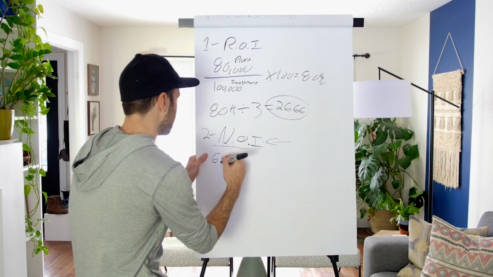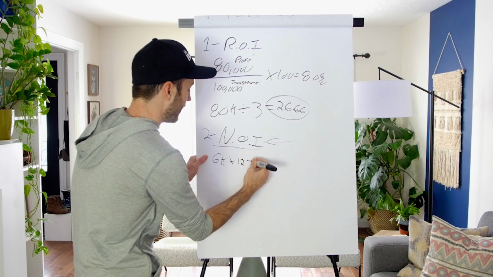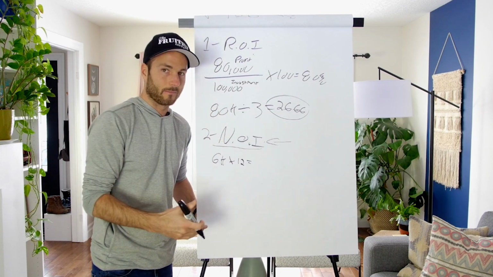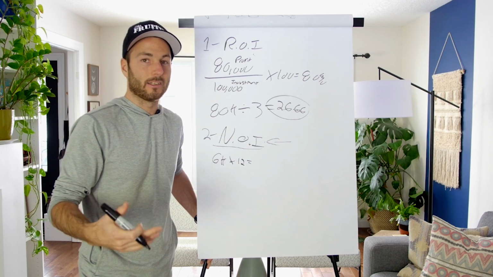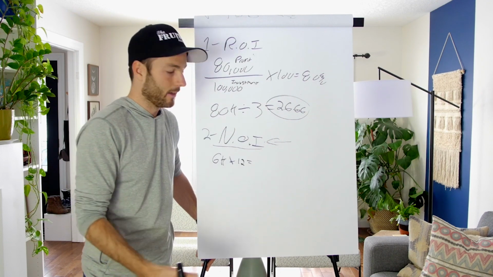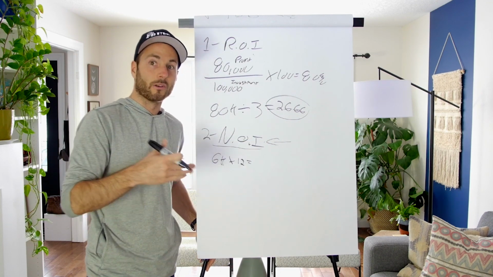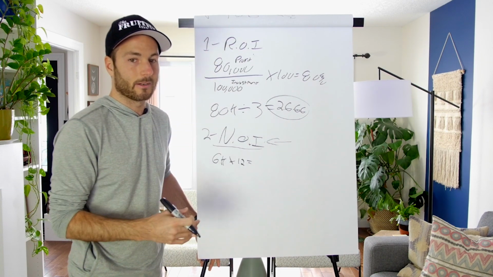And we get $6,000 a month. We're gonna times that by 12 because with the NOI, we're dealing with yearly numbers. Totally different. With single family, we're dealing with monthly numbers pretty much. What's the cash flow gonna be per month? What are my expenses gonna be per month? On the multifamily side, it is per year.